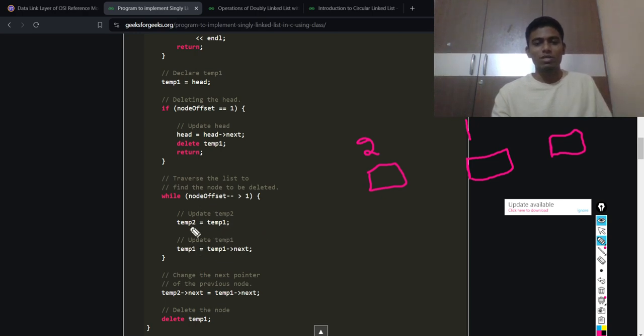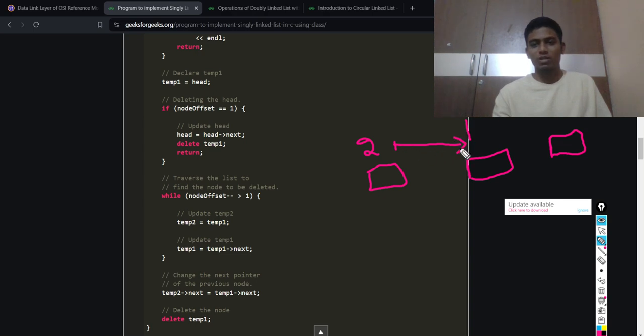So suppose this is the previous node which we are going to store at this particular time. Till this time temp1 is also present here itself, but at this time we are going to say temp1 equal to temp1 next. So that means we are moving one to here